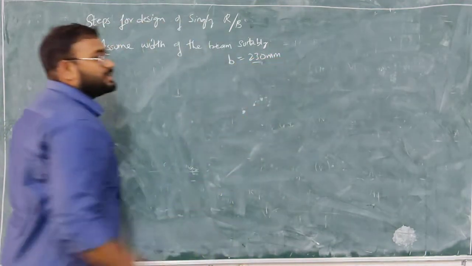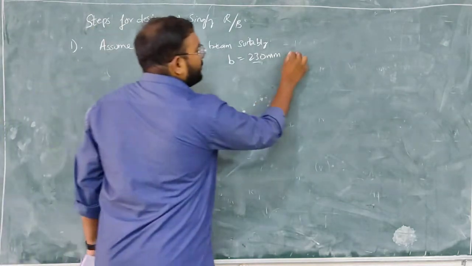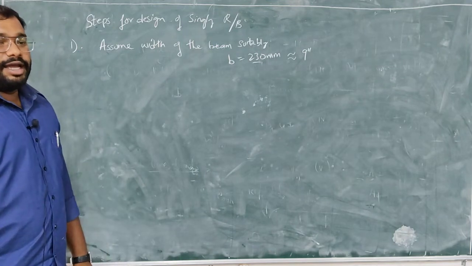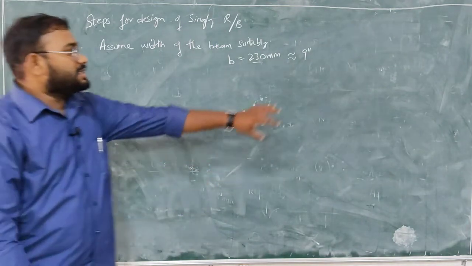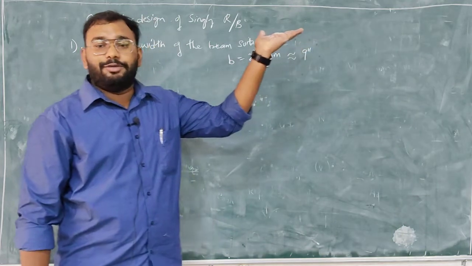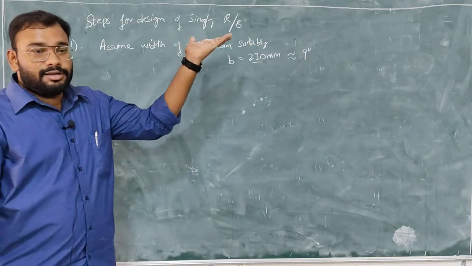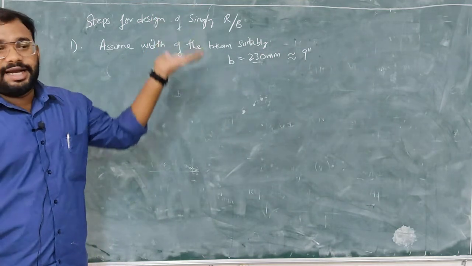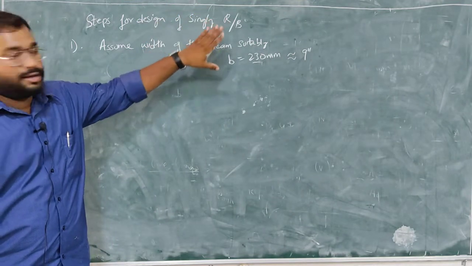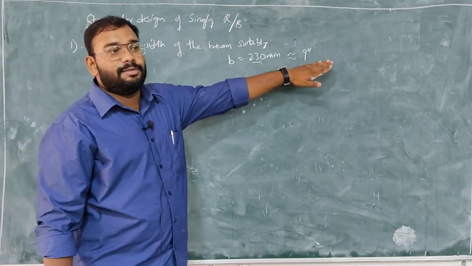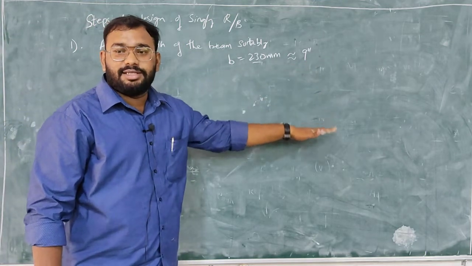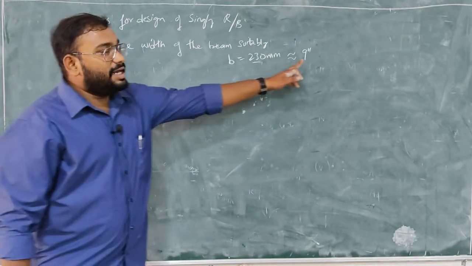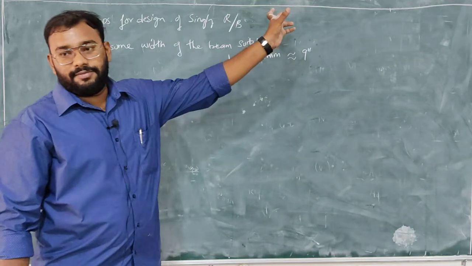Why this dimension is 230 mm is, this is exactly equal to 9 inches. These are the standard dimensions of the scaffolding. What do you mean by scaffolding? Materials which are supporting fresh concrete. Some plates are there, some sides are there, everything is there, right? So the standard dimensions which are available are 9 inches, 12 inches, 15 inches, 18 inches, 21 inches. So 9 inches is the least dimension available there.